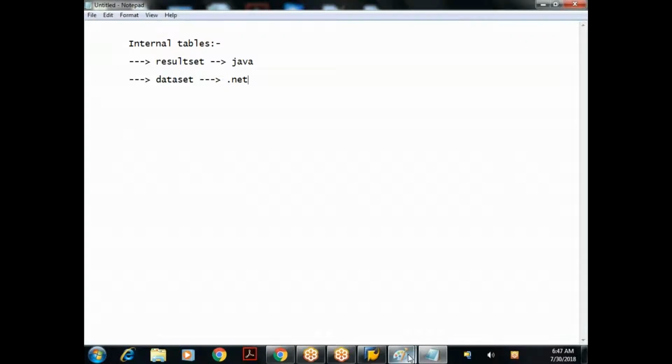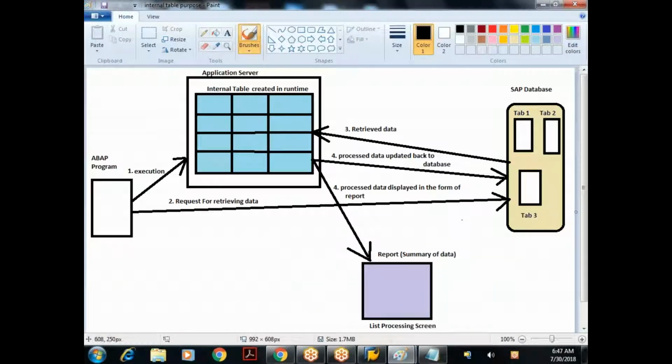Just observe. In SAP, whatever data we capture will be stored in a database. Every ERP has a database, or every software contains a database. Whatever data we deal with would be stored in the database.